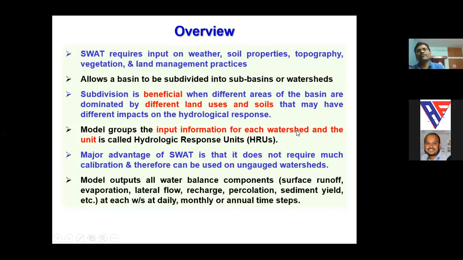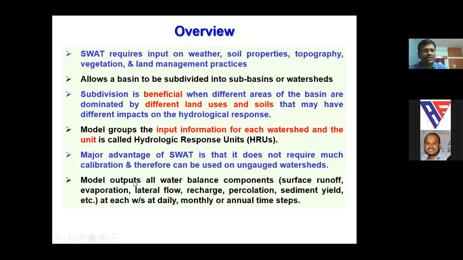So in a river basin, if we have multiple watersheds or sub watersheds, SWAT groups similar information, which are called hydrologic response units. We will see these hydrological response units in detail while giving the demonstration.